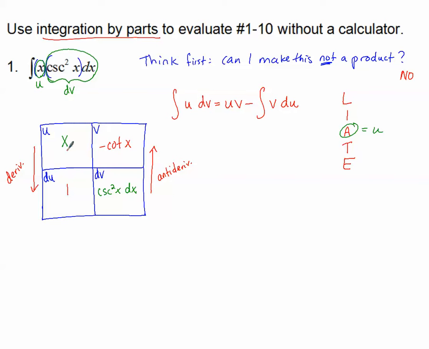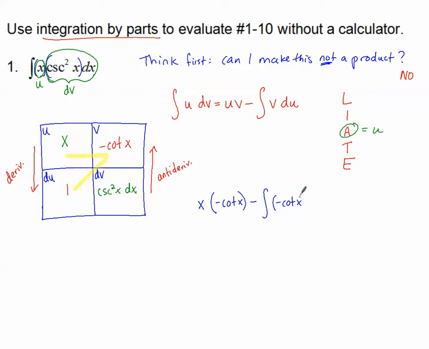Now that we have our box, we can plug stuff into the formula. Now, if you didn't write down the formula, here's a helpful way to remember what to write. Once you have your box, make a 7. Here's how a 7 looks: across and then down diagonally. Well, what does that mean that I write? Watch. This is what I have, integral of u dv. I want u times v. So u times v is across the top of the 7. U times v, negative cotangent x, minus the integral, diagonally for my 7,